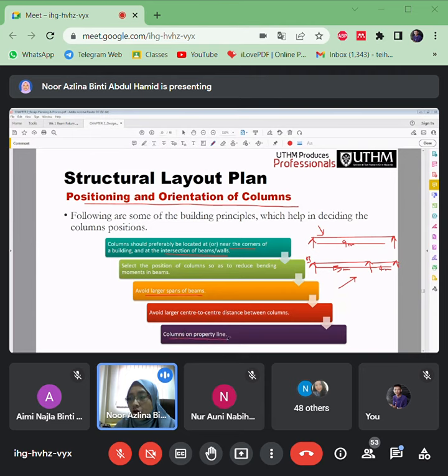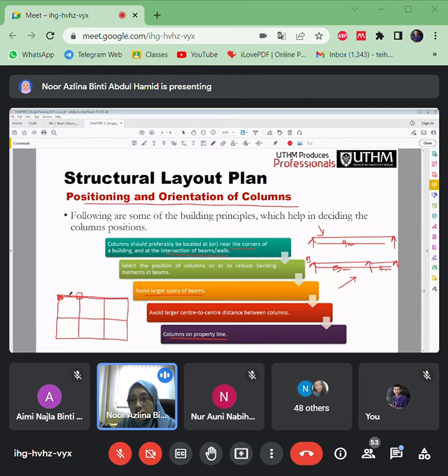So columns on property lines, so kita pun ada juga cita rasa, kan, kita pun ada taste, so kita pun nak arrange well all our structure. Let's say you provide the columns dekat sini. Janganlah lagi satu you provide macam ini pula. Memanglah as long as the beams cross the columns, right?